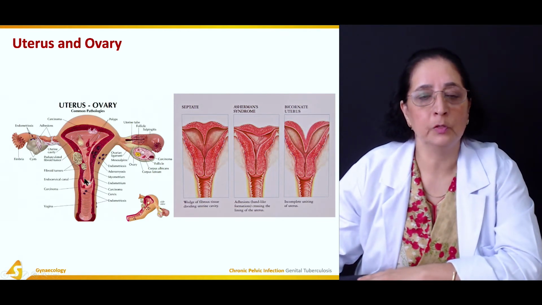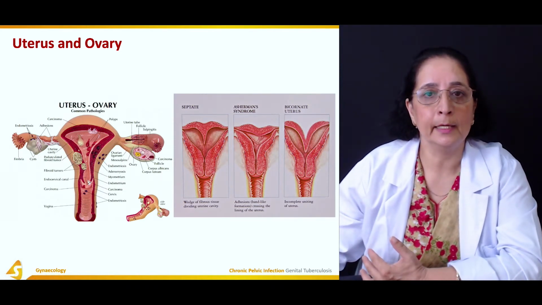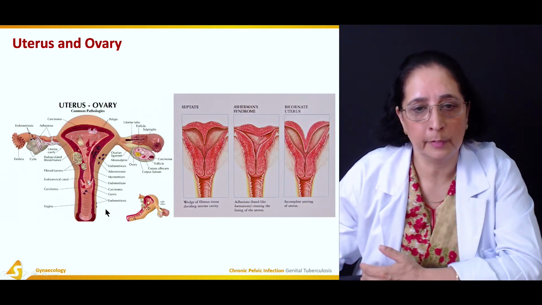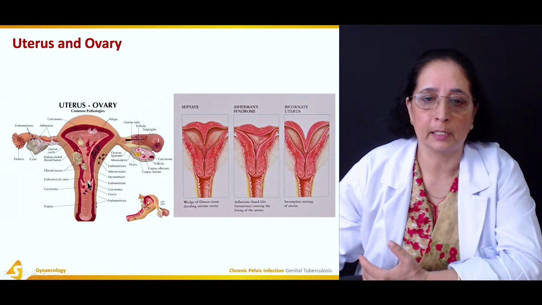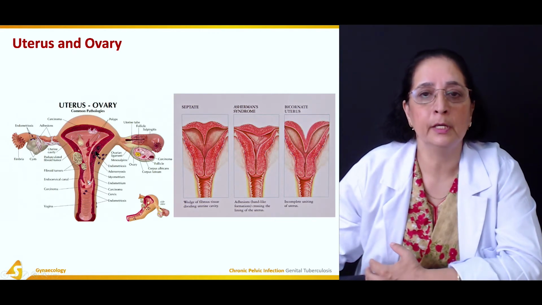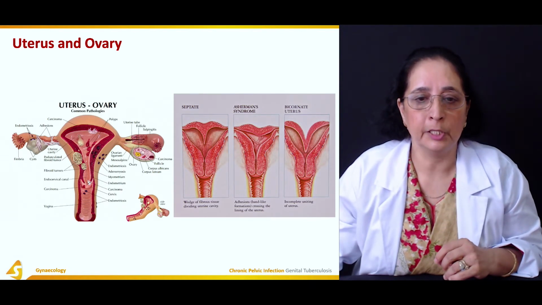Endometriosis. Endometriosis is the presence of endometrium outside the uterine cavity. So this is endometriosis. This is again carcinoma. Carcinomas in different parts of the female reproductive system are showing. This is the carcinoma in the ovary. Then there is endometriosis. All this is endometriosis, the presence of endometrium outside the uterine cavity or lining of the uterus.